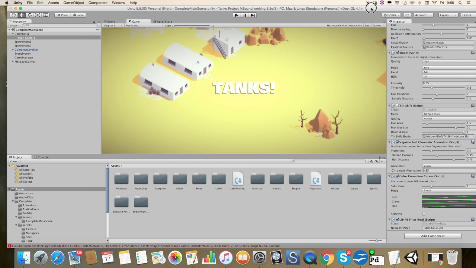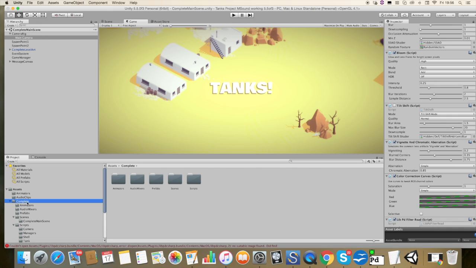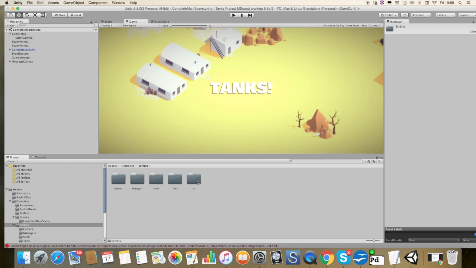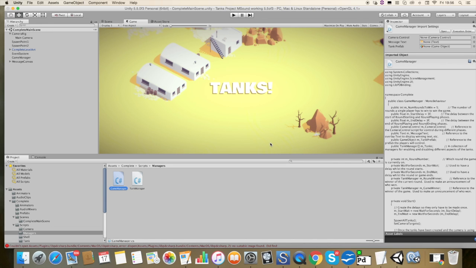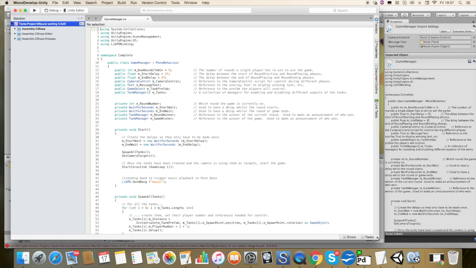I'm now going to walk through all of the scripts that I've used to be able to initiate the control information from Unity to pure data. So if we go into the scripts, the first one will be the game manager. Just wait for MonoDevelop to open up a second in the code here. But here we've started to tell Unity that we are going to be using the libpd binding, and